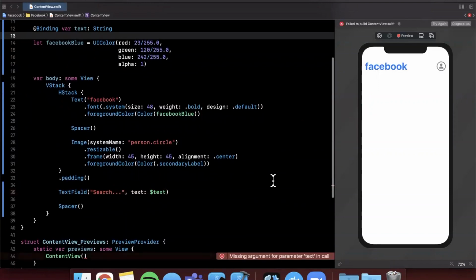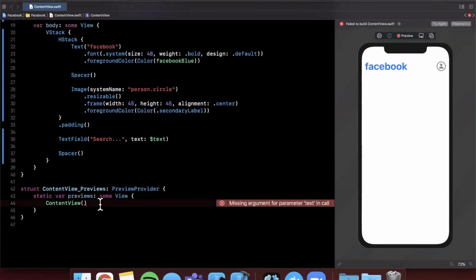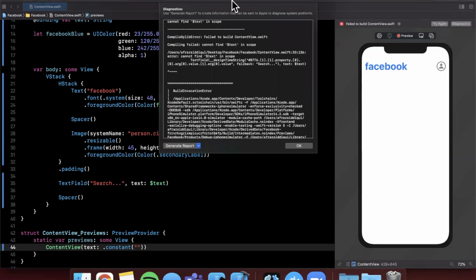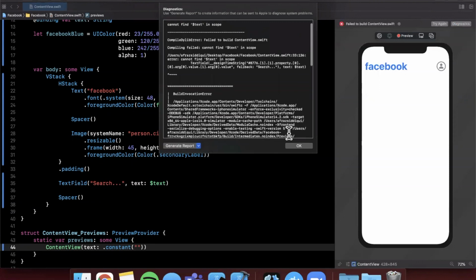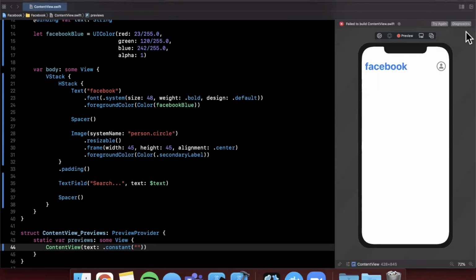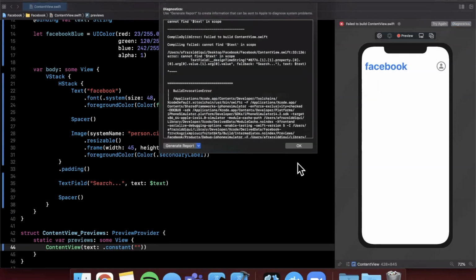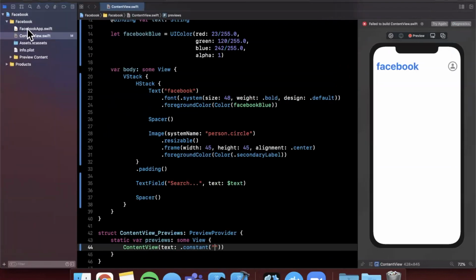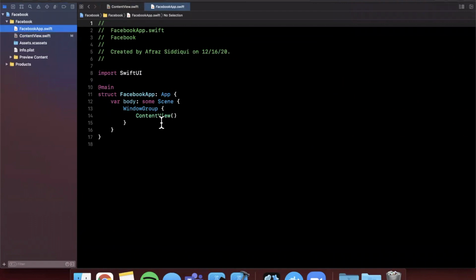Now you'll see this error goes away, but in our preview code, we're getting an error now because we need to pass this in. And we're going to start by passing in constant of an empty string. Now there's actually one more place you're going to have to adjust this. And if you actually hit resume, let's see, what is it going to pop up for? Cannot find start. So let's go ahead and close this because Xcode is deciding to be strange. Let's hit this one more time. Now what's going on here is we actually need to update this, if I'm not mistaken, right in here as well,